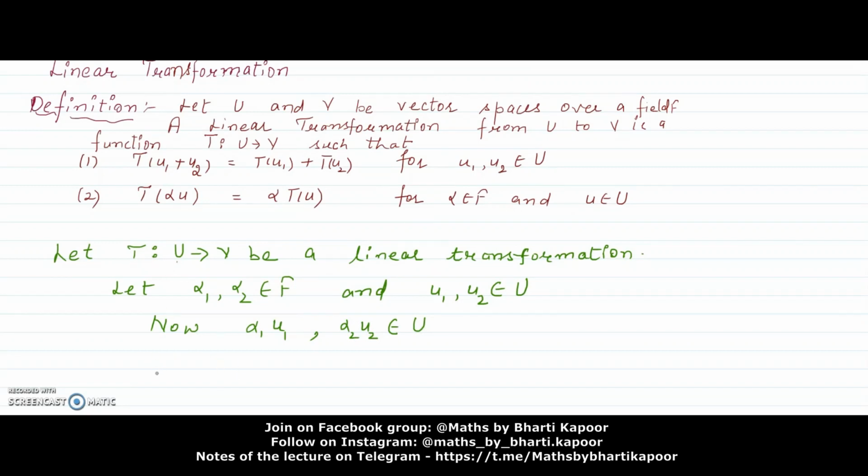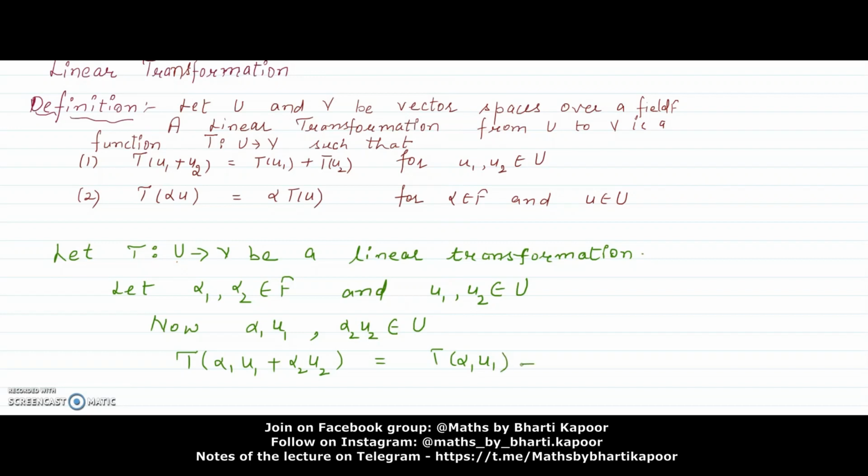Since T is a linear transformation, the first property will be true. So by that property, T(alpha 1 U1 + alpha 2 U2) will be equal to T(alpha 1 U1)